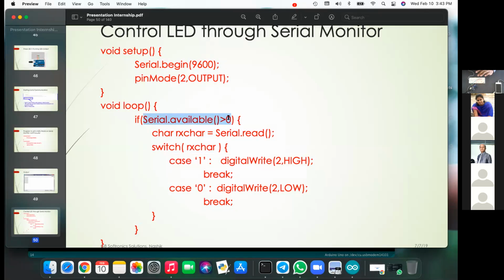Okay, so if the serial data is available, the available function will return how many characters are available. So if 2 characters are available, it will return 2. If 1 character is available, the function will return 1, like that. If Serial.available is greater than 0, okay, so if it is greater than 0,